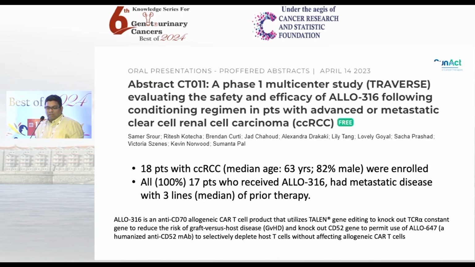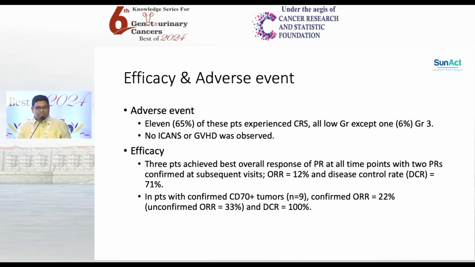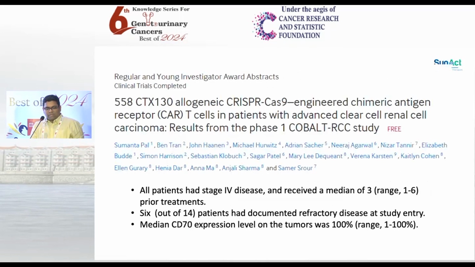Let's look at the other CAR T, which was LO316. There were 18 patients, but out of them 17 patients received it, and all again were post 3 lines of therapy. Now what we see here is 65% of the patients had CRS. How does this differ from the previous LO116? Sir, they both differ with respect to their